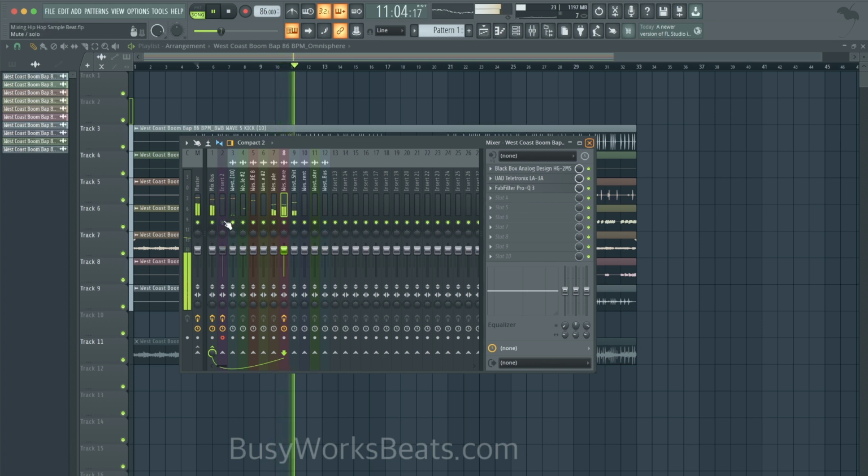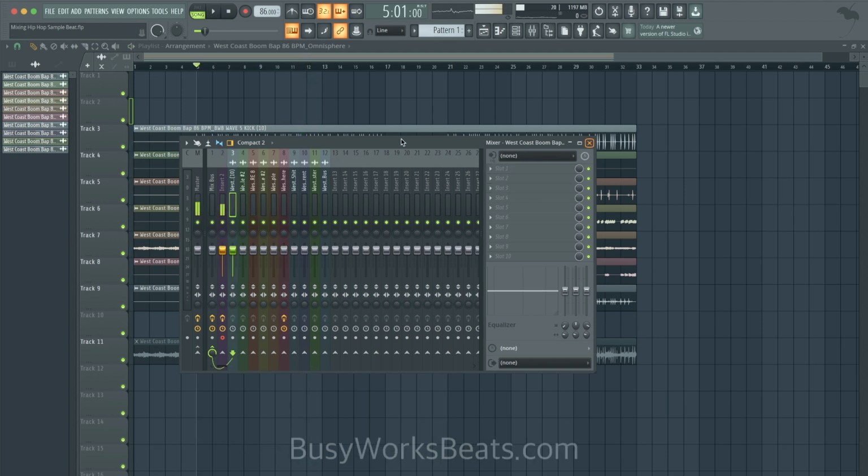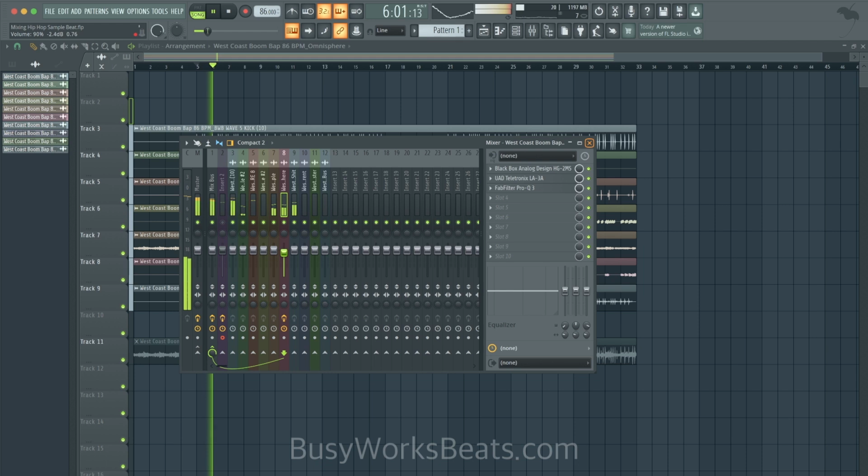All right, so now the goal is to balance the kick with the bass so that you can hear the kick move without the bass feeling like it's overshadowing the kick. So this is about just turning your faders up and down. So now we have enough contrast or difference between the level of the kick and the bass to where the kick feels like the more dominant element, and now the bass is kind of hanging back.